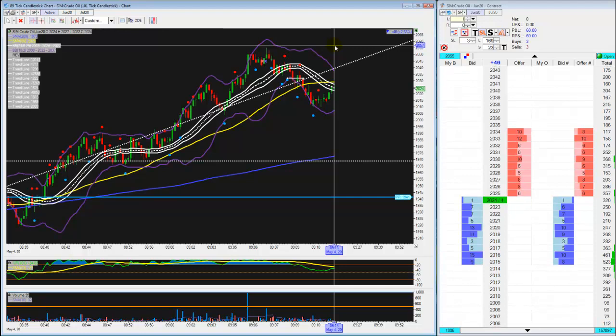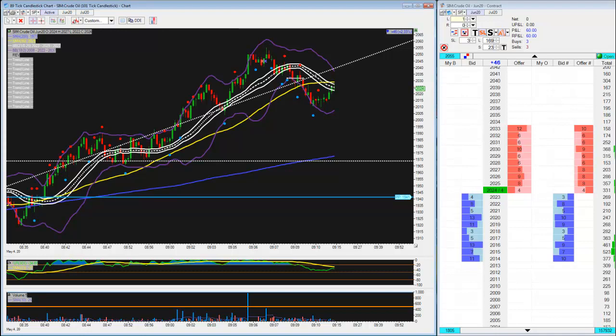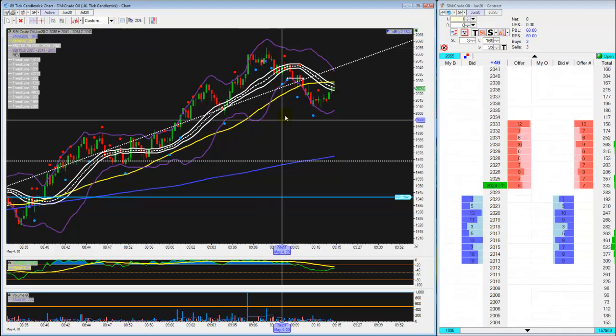Okay, second thing, the key industry dates for your industry. The industry dates I would absolutely